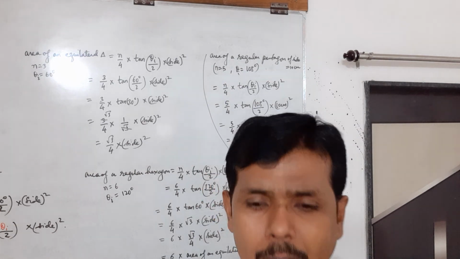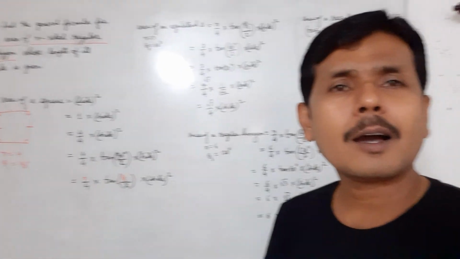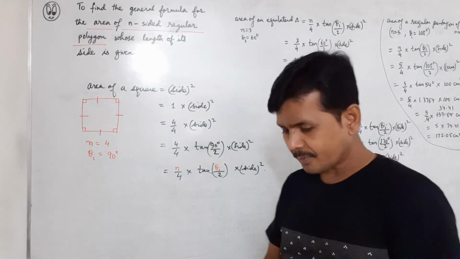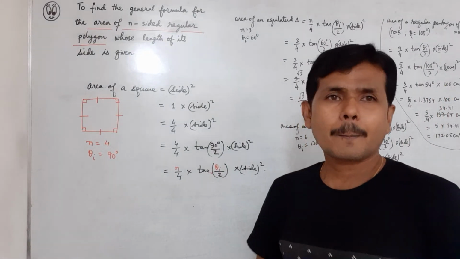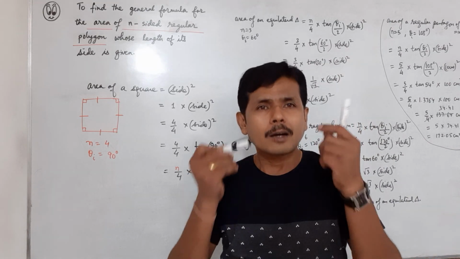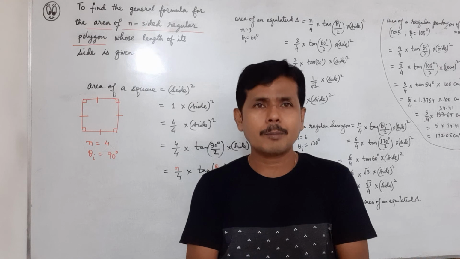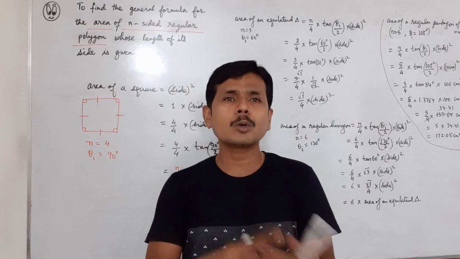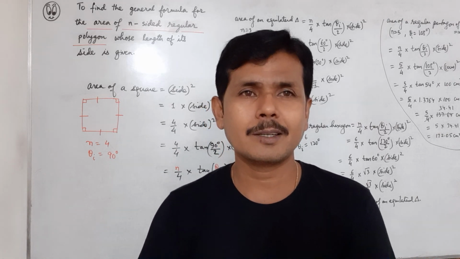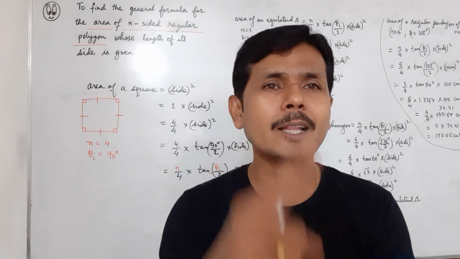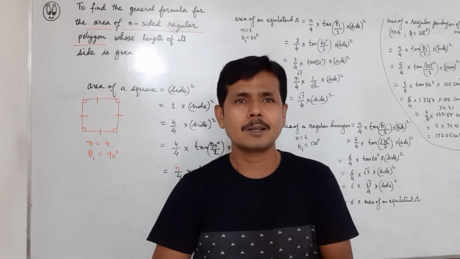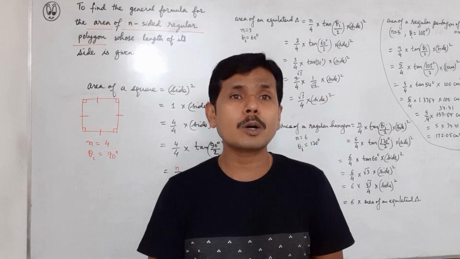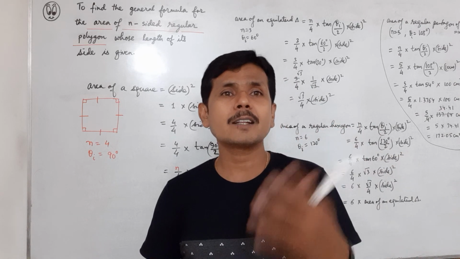I hope you have understood what I wanted to share with you all. From today onwards, whenever you have to find the area of a regular polygon, I'm talking about pentagon, heptagon, octagon, nonagon and so on, because the area of a square you know. You don't want to waste your time like this. Area of an equilateral triangle you know it. Area of hexagon, it's okay. You can apply it for some other polygon like 5-sided, 7-sided, 8-sided, 9-sided and so on.